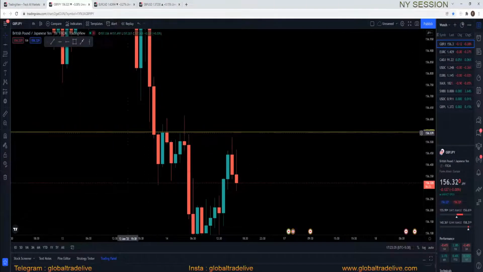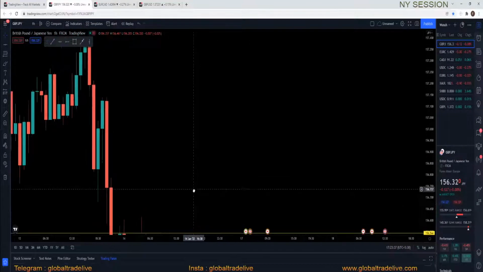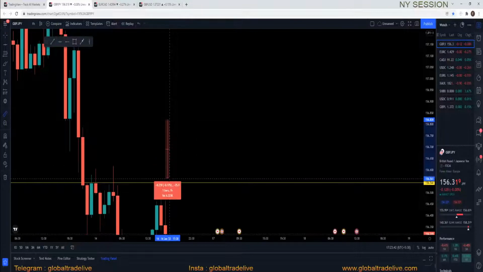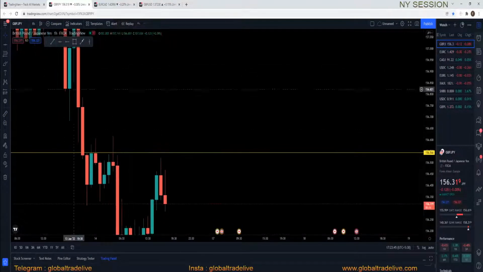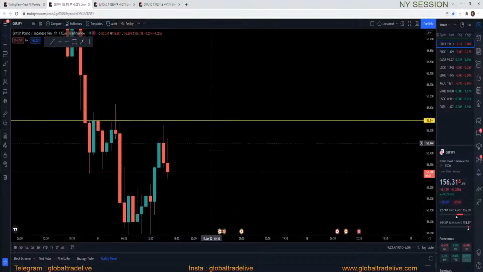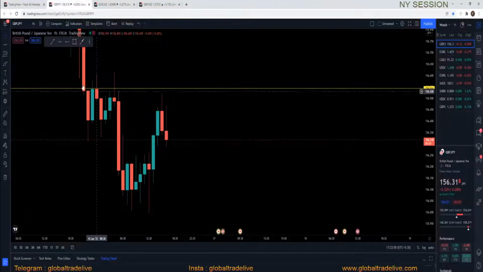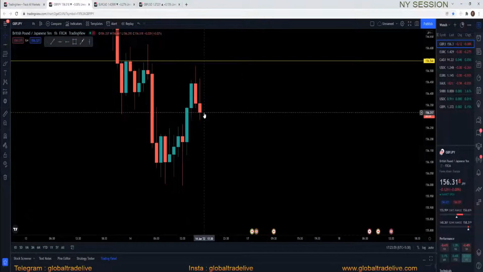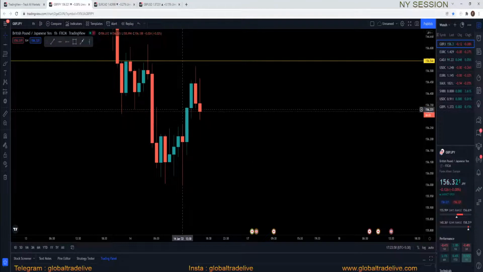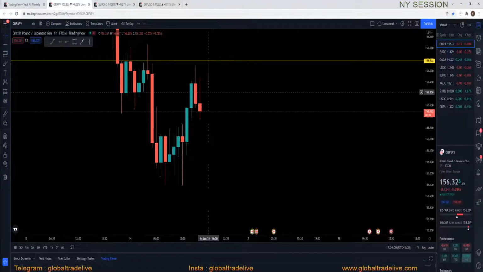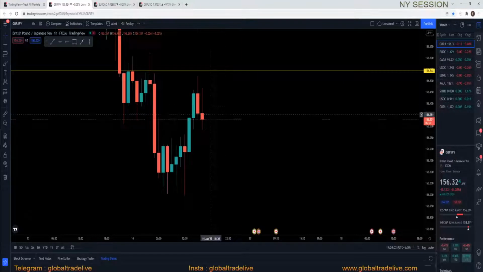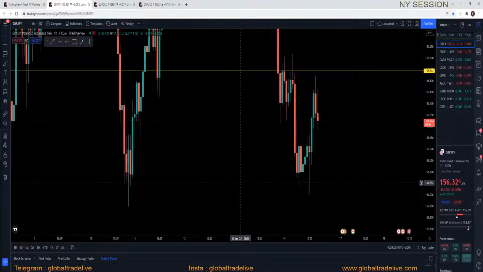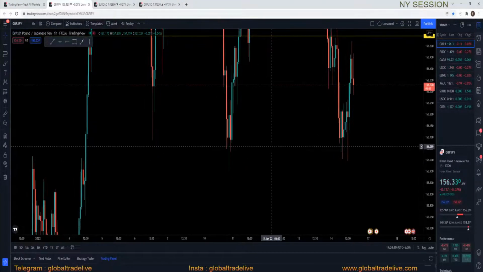So yeah, this is the area above which I'm gonna look for buys in JPY, and I think it will be going up to this level easily. Yes, let's see. So above this area I'm going to look for buys, and if you talk about sells, right now the market structure is bullish. So the market is creating higher highs, higher lows, and it's going up right now. So I'll not be surprised if the market again starts to go up a little bit. But what about the sells? So let's just find out.